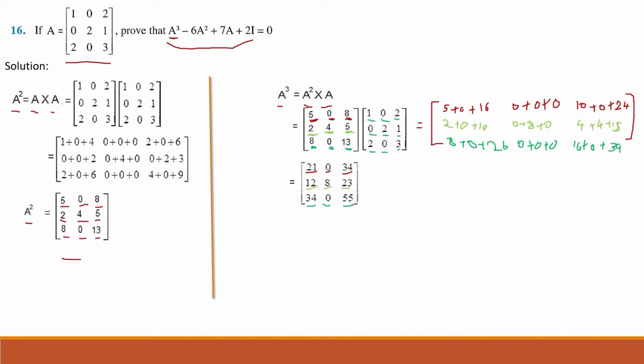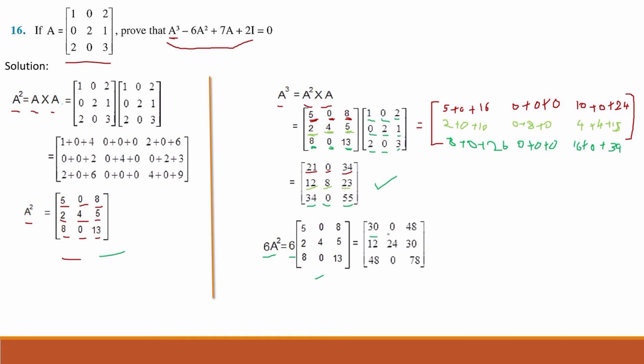तो अब a क्यूब हमें मिल गया है and now we have to find 6a square. अब a square तो हम लोग ने already find कर लिया था. We'll simply multiply a square with 6. तो finally a square becomes 30 0 48 12 24 30 48, 0 एंड 78। सेम हमें 7a और 2i फाइंड करना है अभी। तो 7a के लिए भी सिंपली हम